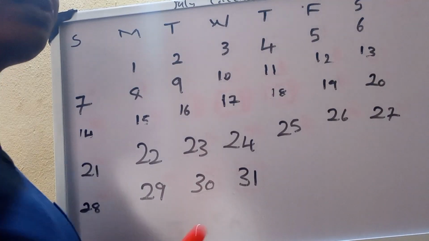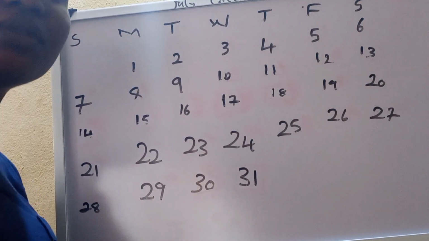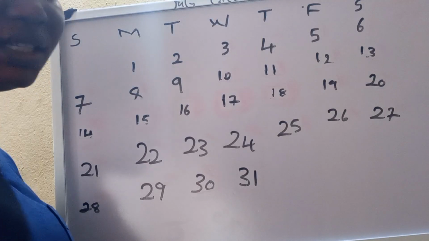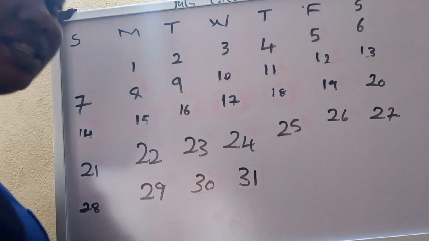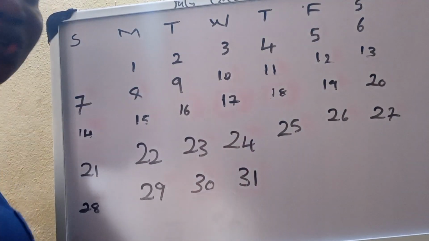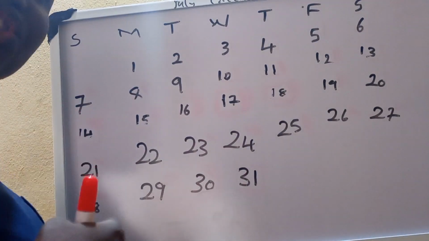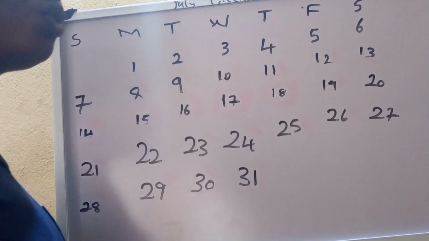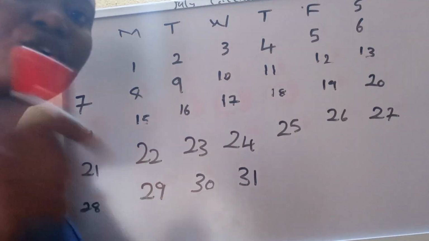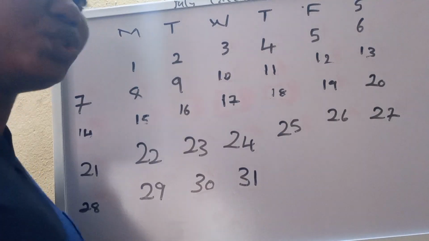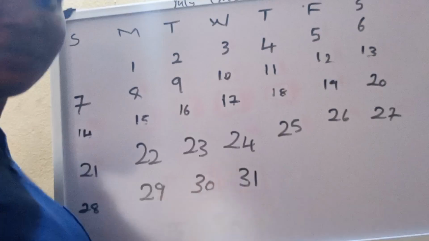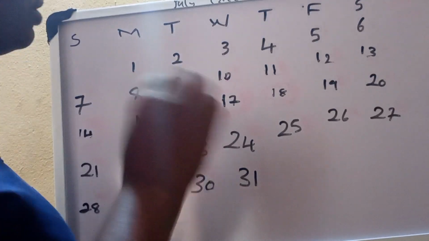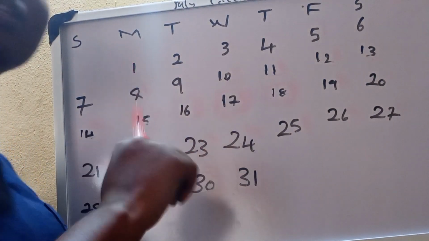we'll be using the example of a woman that has a 28 days cycle length. You can have a 21 days cycle length. The range of cycle length starts from 21 days to 35, so it depends on your own cycle length. Yours can be 21, 22, 33, even 35. But the example we'll be using today is for someone who has a 28 days